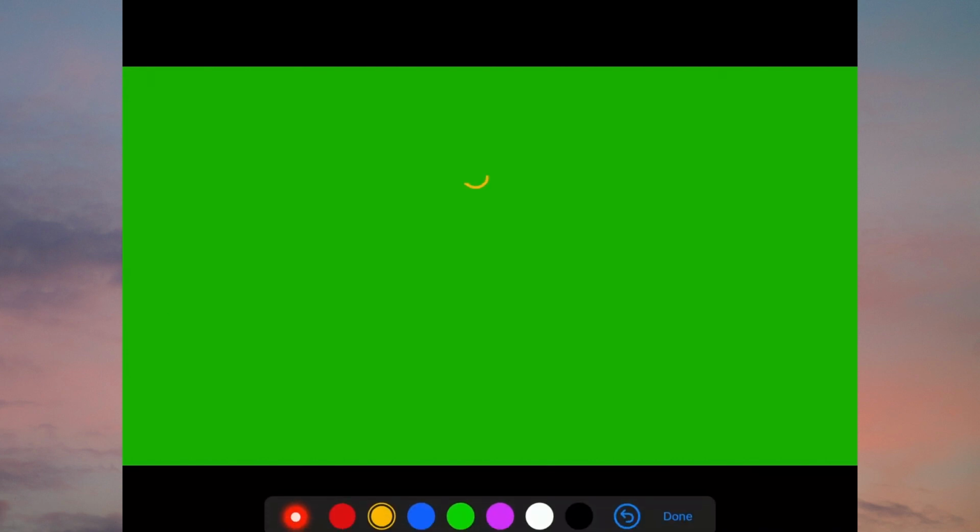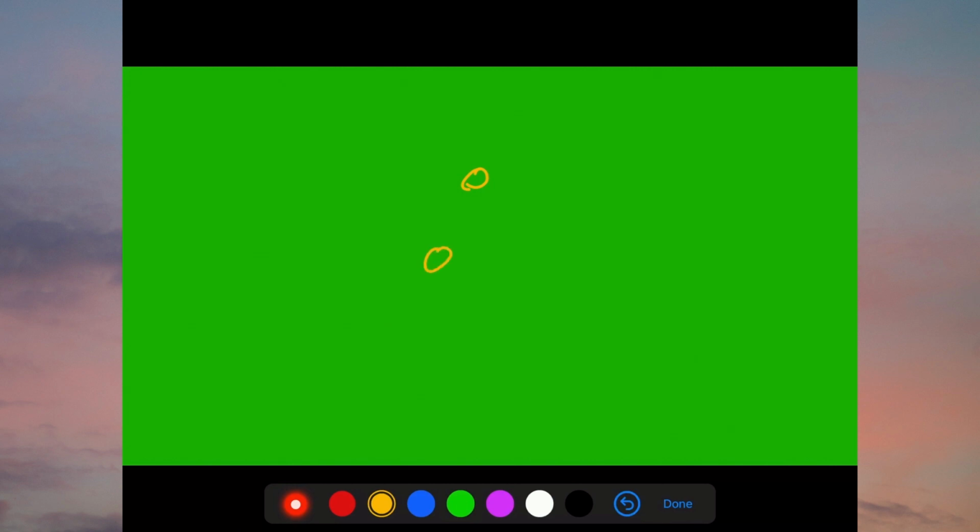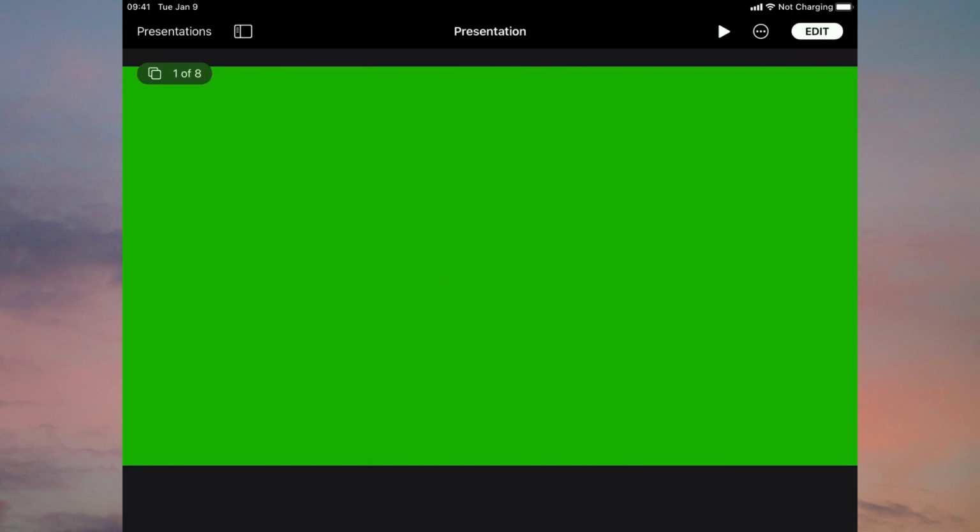The next thing I want to show you is to get out of this screen. If I just show you, this is one finger, this is the other. So we're going to pinch the two fingers together on the screen. If I drag these two circles together, that brings up this mode. So now we're back into the starter mode, and it shows us we're actually on slide 1 of 8 up in the top left hand corner.